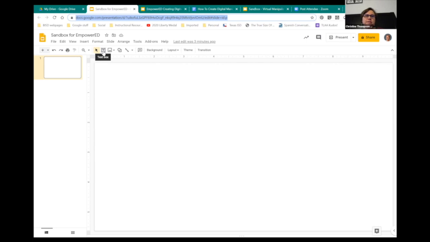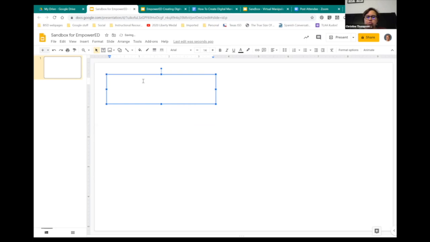So I'm going to come here to insert a text box. And I'm just going to type some very basic instructions to kids. So, instructions, drag the cards to match each country with its description and image. And I know what I'm going to be doing with this. So I know which one I'm making for you all, but you guys can create any generic kind of instructions that you want for this step.